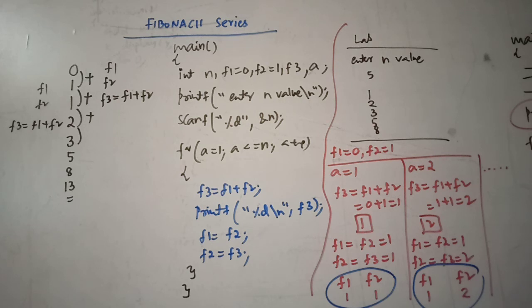So we have 4 statements inside the loop. f3 is equal to f1 plus f2, printf f3, f1 is equal to f2, and f2 is equal to f3. That second statement, printf f3, you can even write in the 4th line after f2 is equal to f3. So no confusion. If you refer to any textbooks, if you find it like that, no confusion regarding that. It doesn't make any difference.